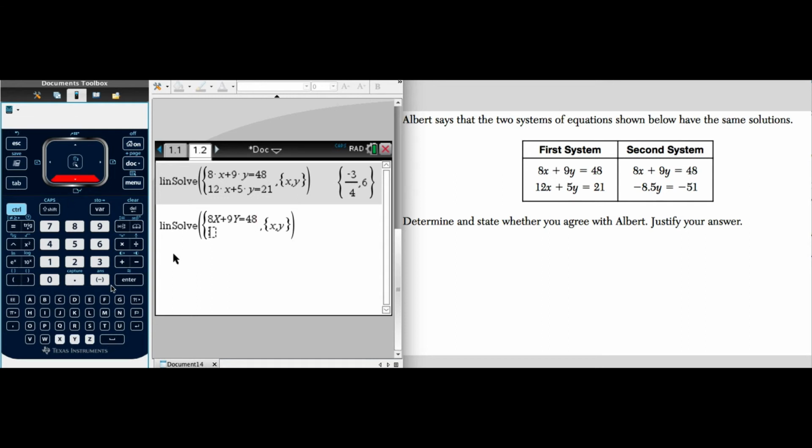And we have negative, remember to use that negative sign, 8.5y. There's no x in this one. Equals negative 51. Enter. Well, in this case we have a decimal, but we know that negative 3/4 and negative 0.75 are the same. So now we know the answer for this is yes,